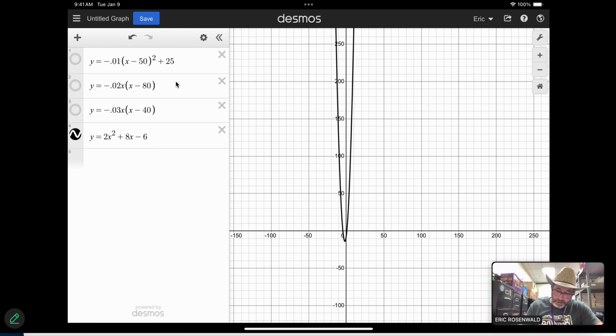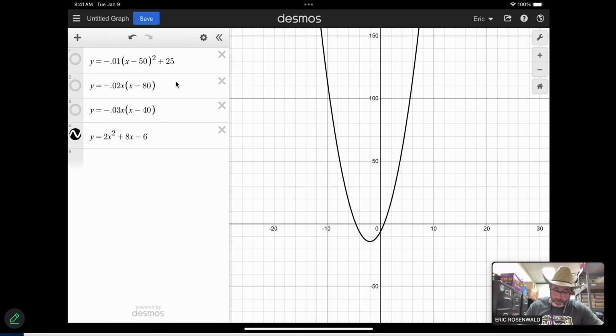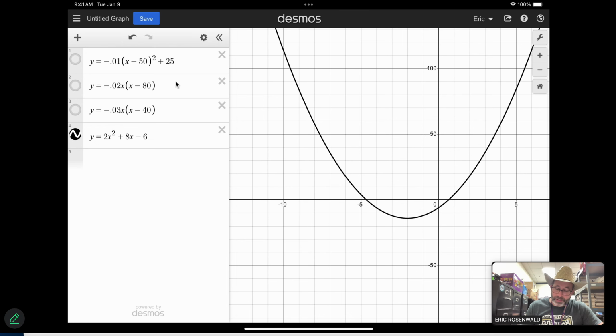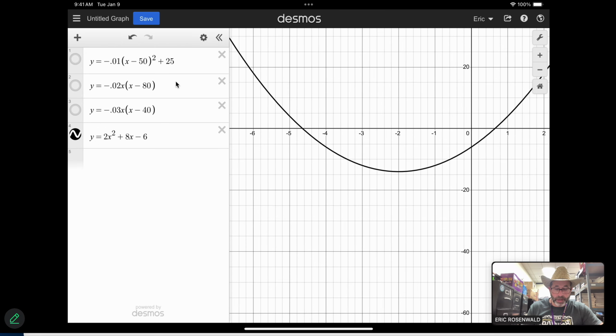And if you look, here's your curve. Okay, this is what our curve looks like. And if I said, let's find the vertex for this, watch what happens. I can just touch the screen. Watch, I'm going to take my finger and touch right here at the bottom of my curve. And you can see by touching the bottom of my curve, it gives me that coordinate, that vertex of -2,